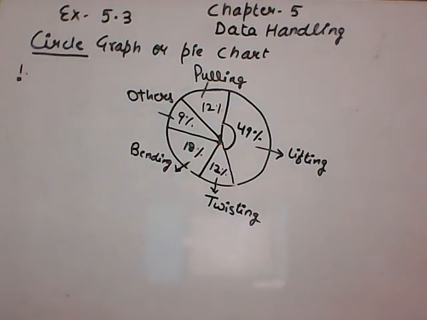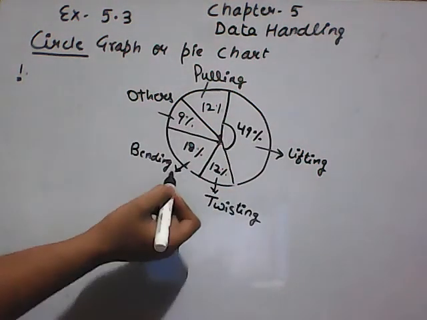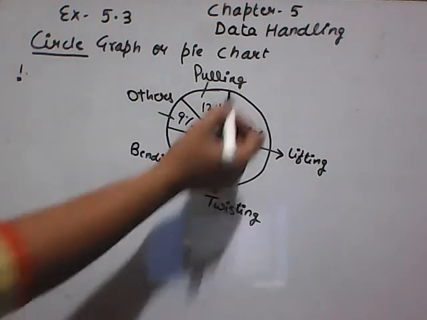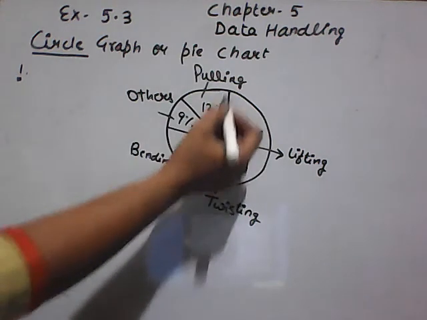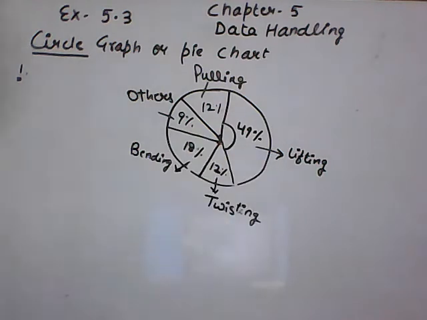A pie chart means a graphic representation of quantitative information by means of a circle divided into sectors. Here, a circle is given to you, information is given in the form of a circle, and the circle is divided into different areas. These different areas are known as sectors, in which the relative sizes of the areas of the sectors correspond to the relative sizes or proportion of the quantities. It means you can find out,